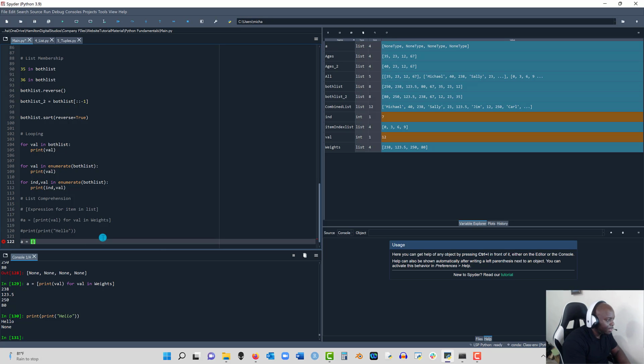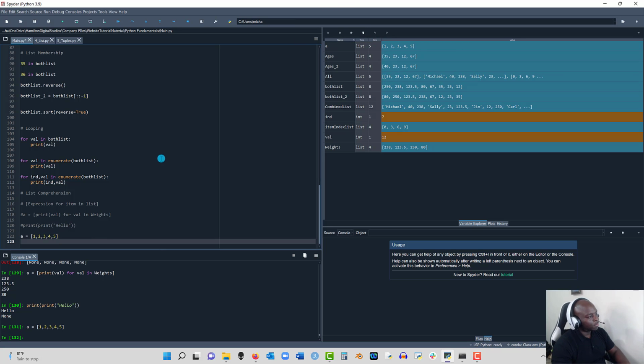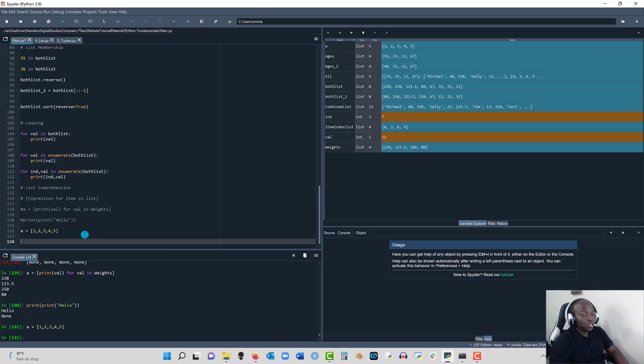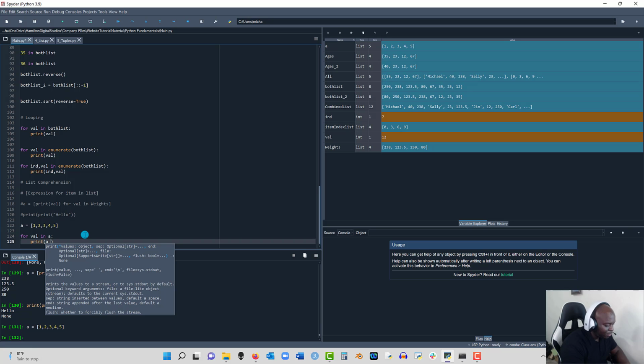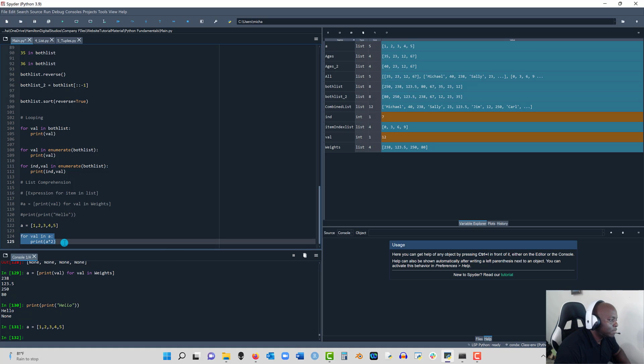So say we had A is 1, 2, 3, 4, 5. This is A. So that's what A is. So all numbers. All right, say if we were doing it through a loop, if I wanted to store the square of each answer or print it out, I would say for, like always, A in A. And then I need to use the print command here because I'm trying to see it. It works here. A times A, let's just say times 2. So I just want to square it to itself. Okay, like, you know, just multiply it by itself. So if I do this and look at the screen,